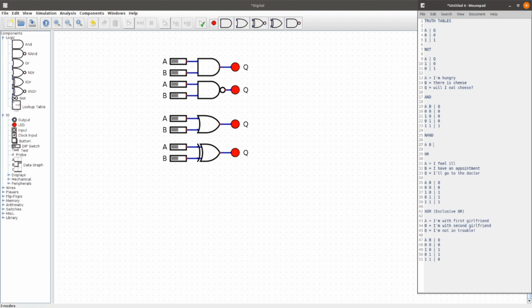So we have NAND, and we're going to say A, B, Q. And then the output is going to be exactly opposite of what it would be for an AND gate. So if A and B are 0, then Q is 1. And then if A is 1 and B is 0, then Q is 1. And if A is 0 and B is 1, then Q is 1. But then if both are 1, then Q is 0. And this just says whatever the output of the AND gate is, invert it. So it makes sense that we're just combining an AND gate with a NOT gate